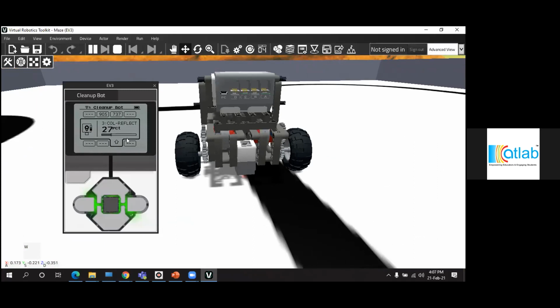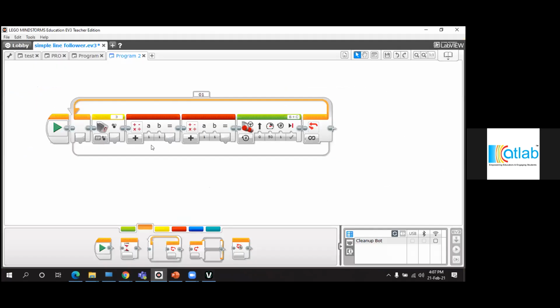I'm going to take this value and enter it here in B, 27. Then I'm going to click and hold, drag it, and connect it to A. Now I'm going to take this equal value and give it to the A of the second block. Then this equal value I'm going to take out and give to the direction. The next changes: I'm going to click here and then click subtract, and then click here and give multiply.